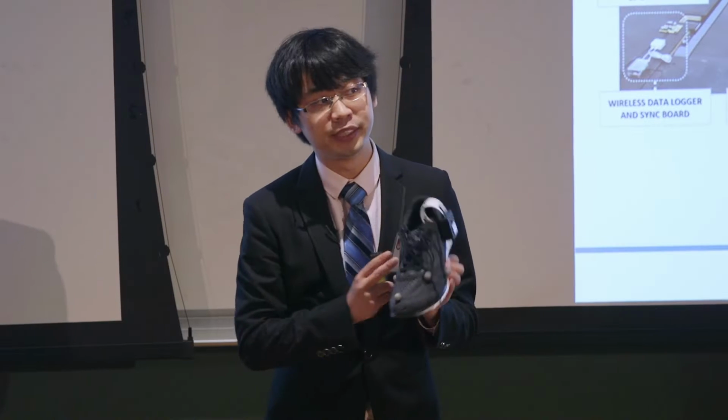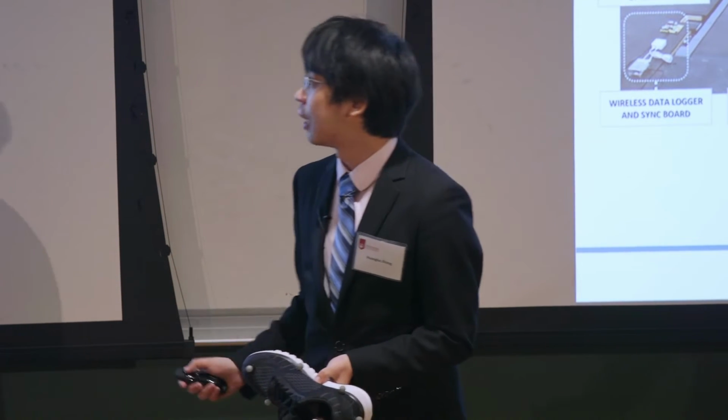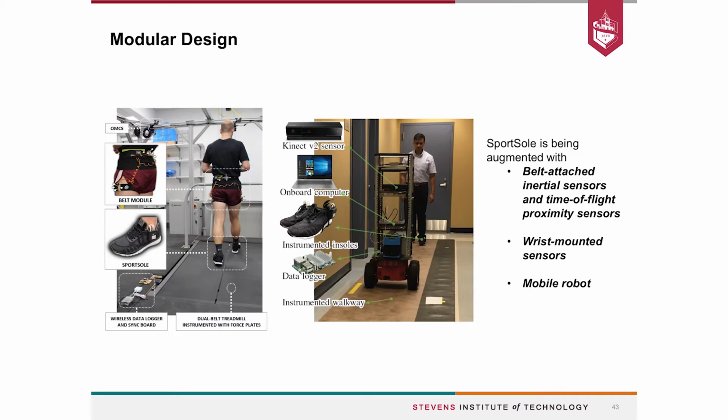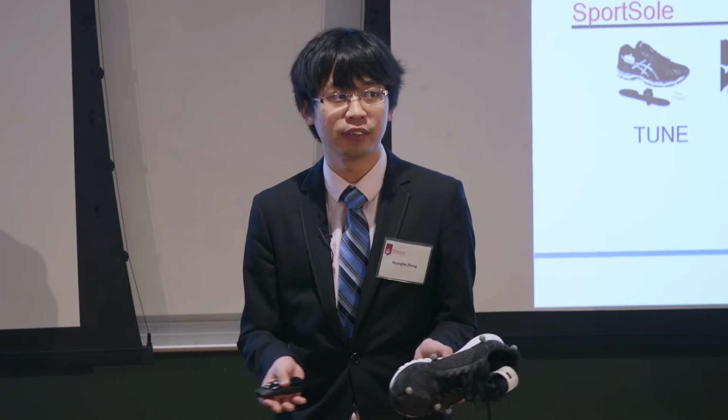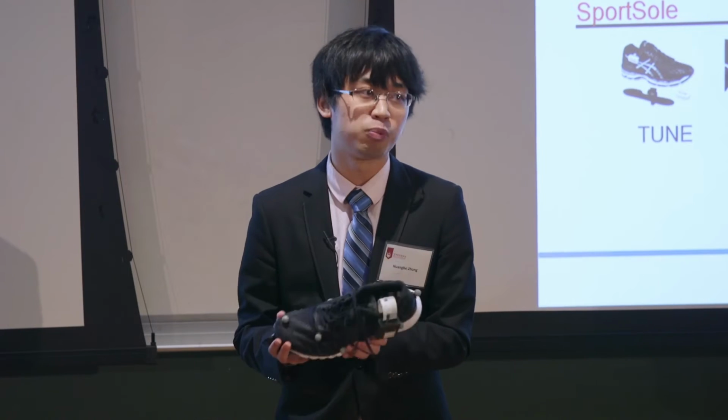So our prototype is a modular design, which means we can add additional sensor modules with little effort. For example, we have integrated the hip sensor module into our system to estimate the dynamic margin of stability, which is very important for gait balance and injury prevention. We also integrated our system with a mobile robot to develop a robot companion to engage the elderly in walking exercise. So compared to other existing portable devices, our system can assess a rich set of gait parameters with higher